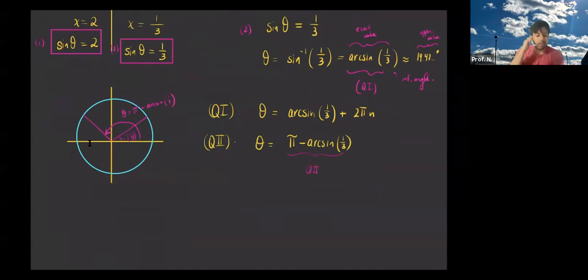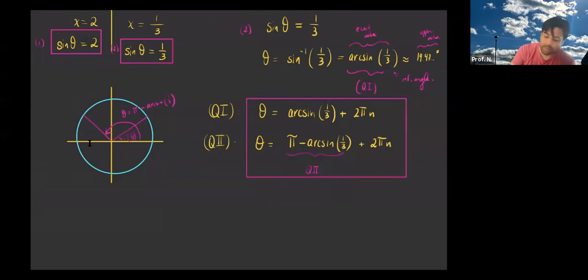It's the actual angle in quadrant 2 whose reference angle is arcsine of 1/3. And then I'm going to add 2 pi n. And this here is my general solution